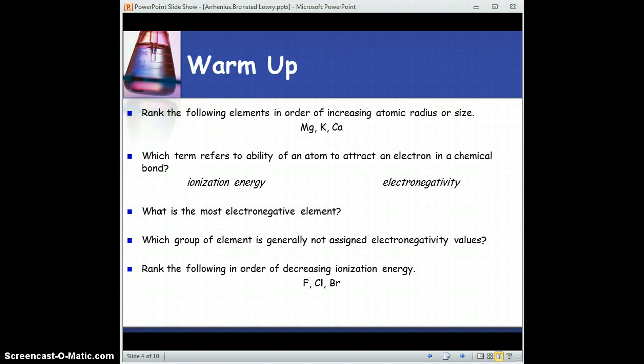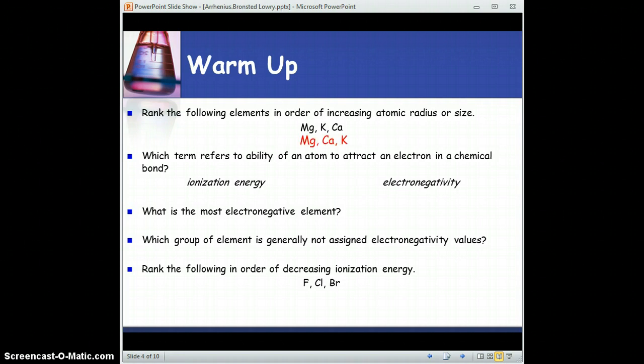Okay, so that's time up. Let's go through each of these. We want to rank the elements in order of increasing atomic radius or size. So remember the periodic table: as you move up a group and as you move across the periodic table towards fluorine, atomic radius decreases. So the order should actually be magnesium the smallest, then calcium, and then